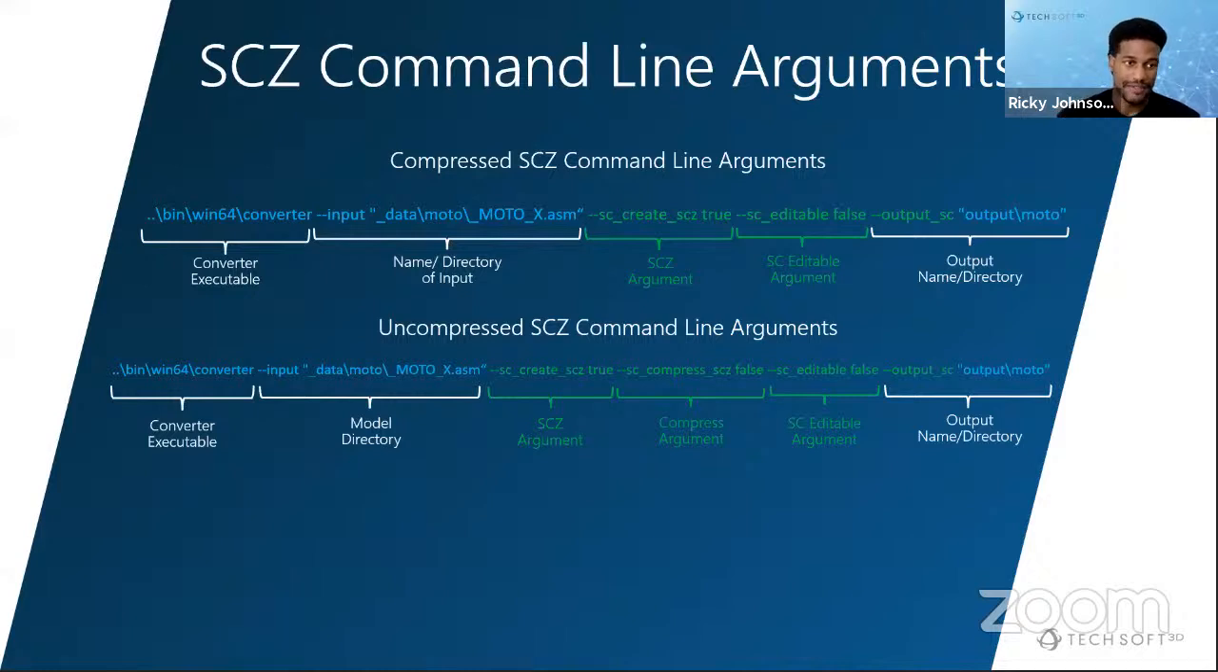As I mentioned previously in the presentation, we have a converter executable that can take your CAD models and convert them into whatever file format you might need in order to interact with Hoops Communicator. There are a few command line arguments that are necessary in order to generate your new file. So we're going to talk a little bit about what each of these commands mean. To start out with, we have the converter